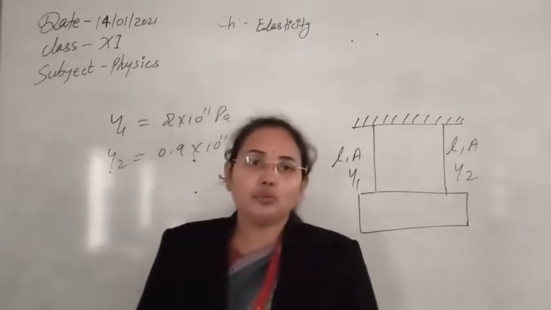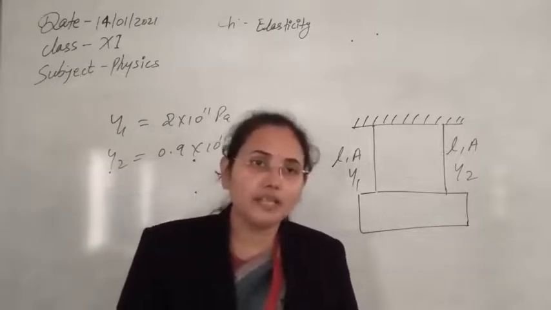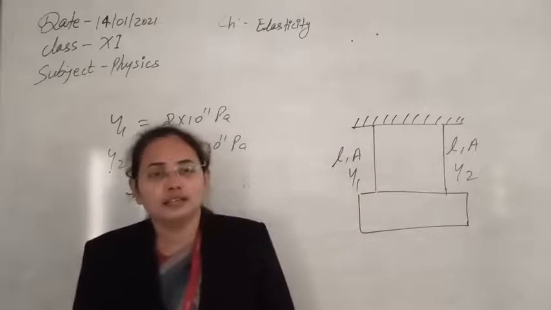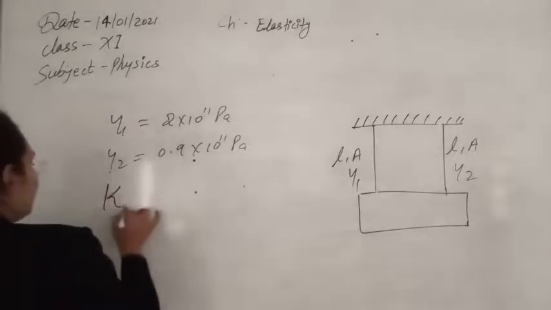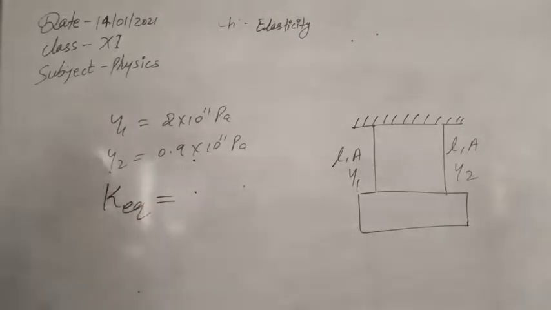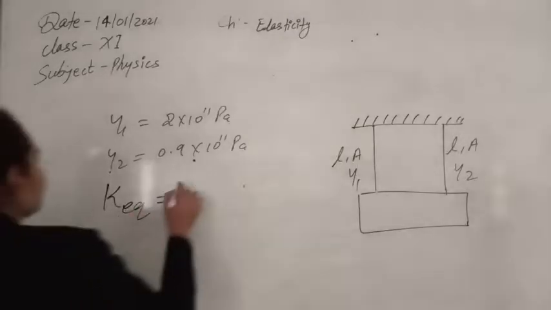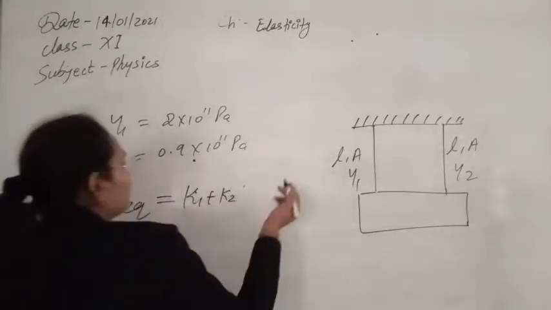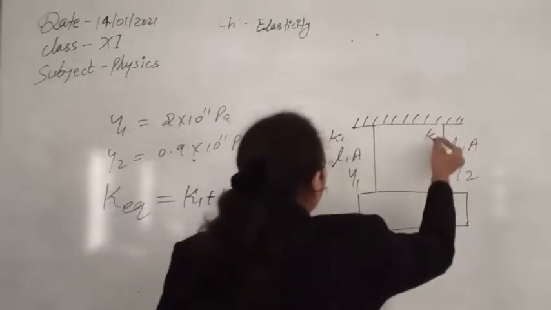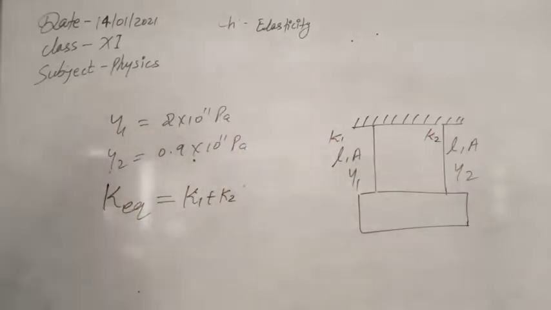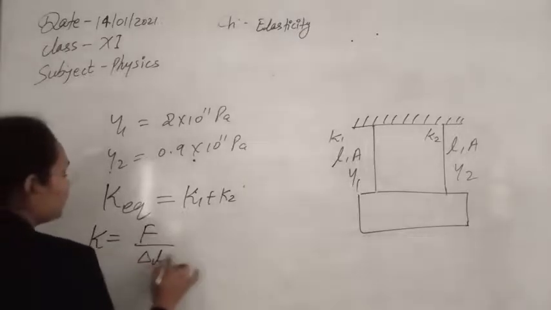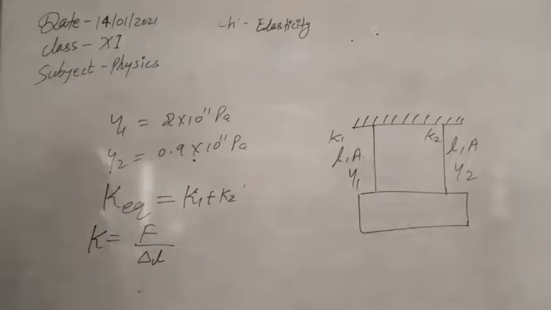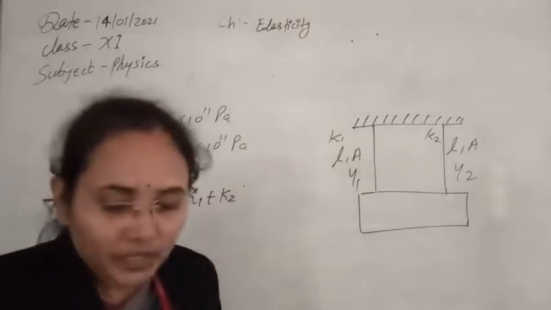So now, as you know, whenever two wires are connected end to end, that is called series combination, and if both are connected at both ends, then that is known as parallel combination. So for the series combination, as spring constant, you know F is equal to Kx, or F is directly proportional to the extension created.